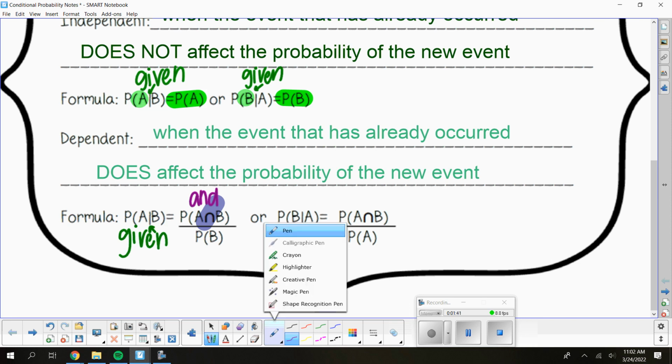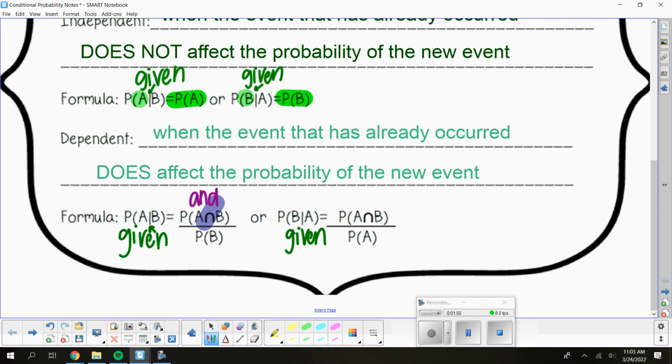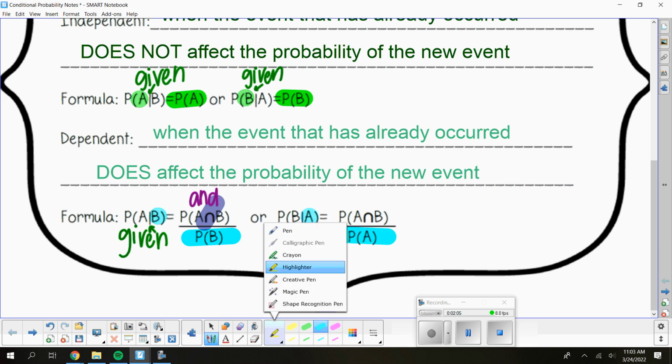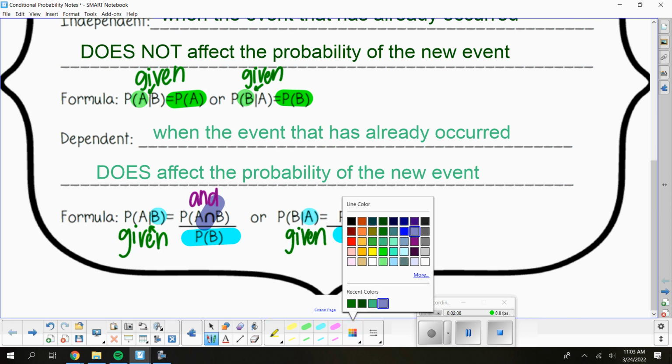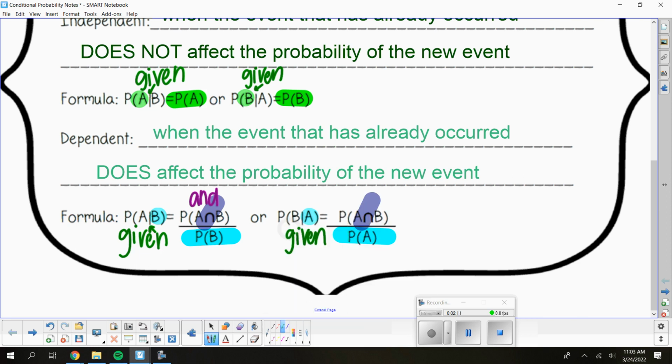We could also write it as the probability of B given A. And it's the same formula except you would divide by the probability of A this time. So notice the location of what you're dividing by. The second thing that you get after that given bar is what's going underneath the denominator. That is something that you can count on to always be true, so it kind of visually even looks like something that you would be doing. But remember, we're going to find the and, the intersection probability, and then divide by the same thing. Alright, so